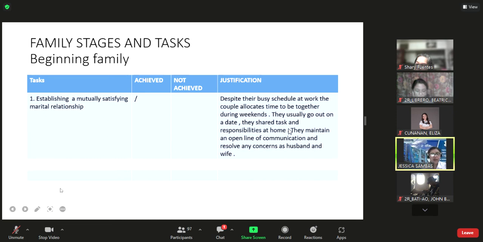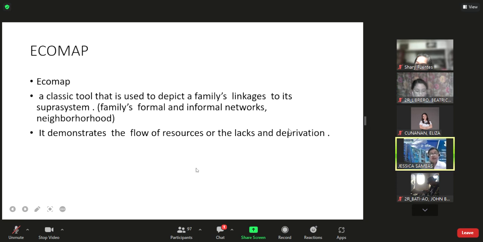Wala nang tanong with the family stages and tasks. That is how you are going to present this in your manuscript, and then you will defend it. Ngayon, dito tayo sa inyong